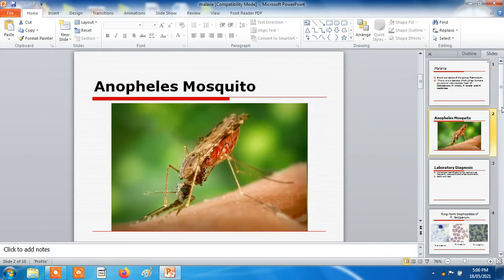Then there is another method also which is called as rapid card test. From this card test you can also identify whether the test is positive for malaria or not. So this is only for your information that there is a disease called malaria, and you should know the 4 forms of different malaria. The commonest form of malaria is falciparum and vivax. Other 2 forms are seen rarely.